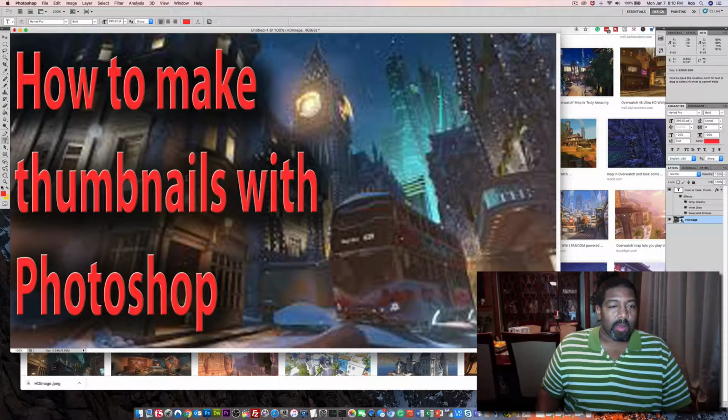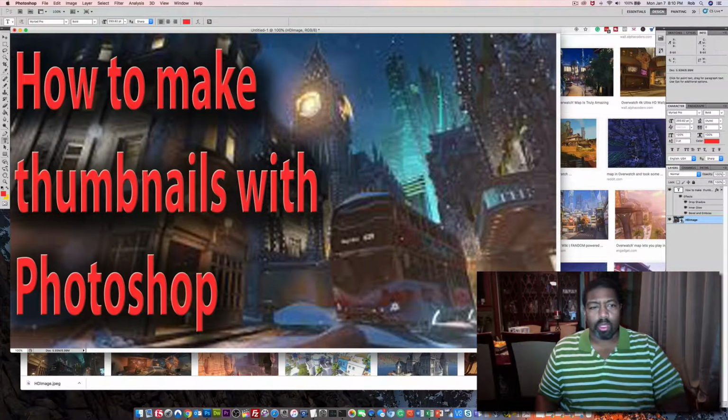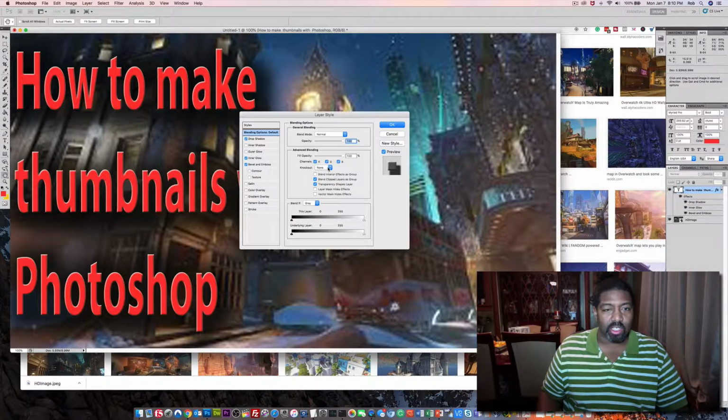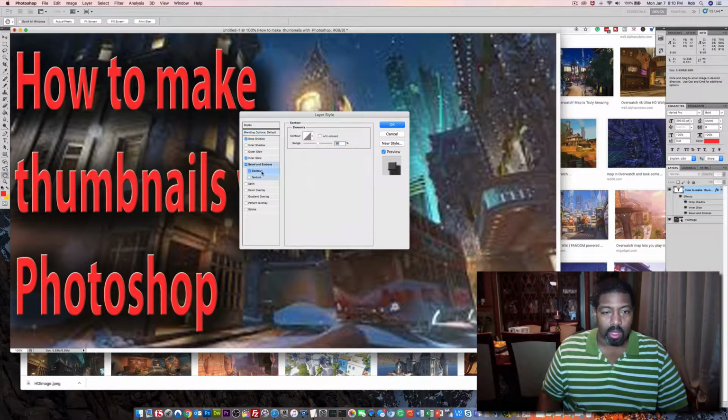So let me see how I can tweak this up just a little bit. That's really it. This is real quick and simple, but when you go in here, you can also edit the font just a little bit more to your liking. If I want to contour it,